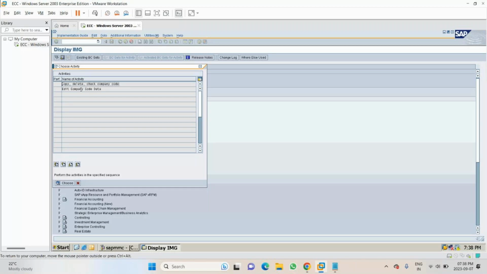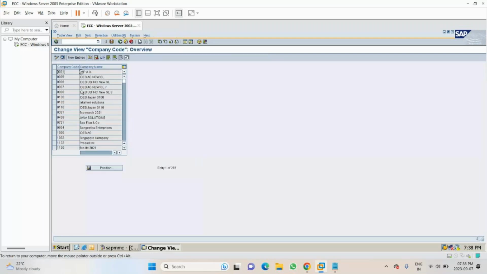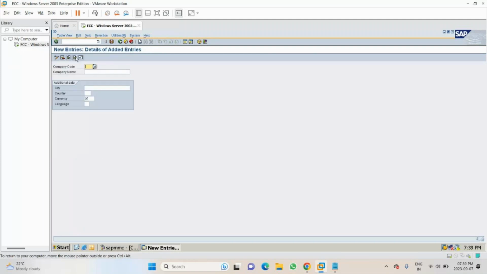Okay, once we select this, we have not even created a company code, so this is where we are going to create a company code. If we had created, we would go with the position. Since we have not created, we will go with New Entries. New Entries, so I said it has to be 4 characters, so I'm giving here as MCC1. Company name is MCC